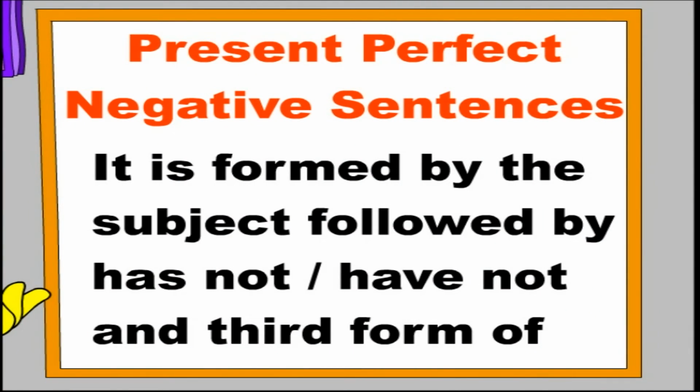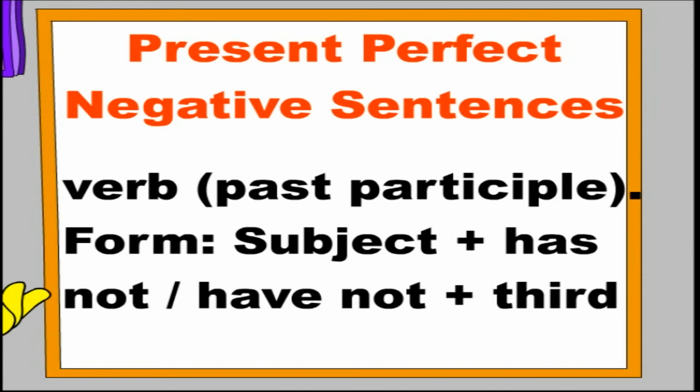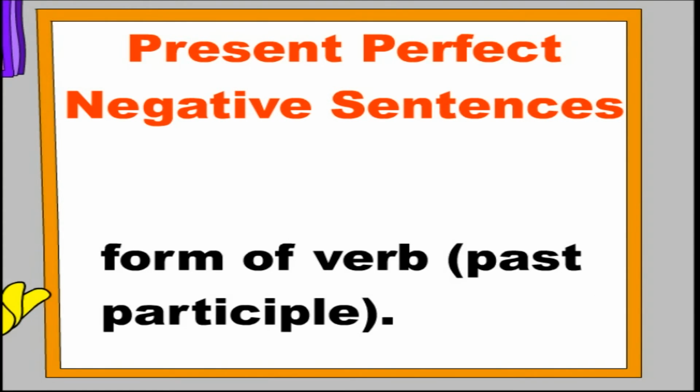Present perfect negative sentences. It is formed by the subject followed by has not, have not, and third form of the verb, past participle. Form: subject plus has not, have not, plus third form of verb, past participle. Examples: